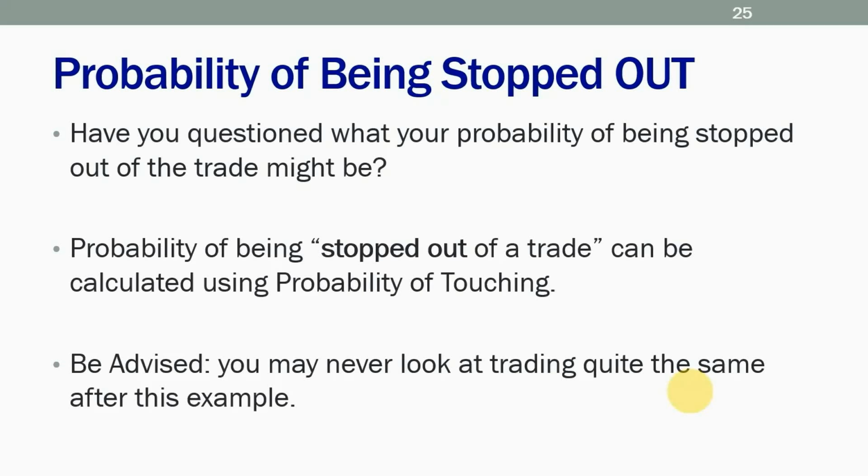But we also have to give you a little background knowledge on the probability of being stopped out. This is something I talk about quite extensively here at TheoTrade, because there are some easy, layup things that you can do in your trading, regardless of strategy, to circumvent being stopped out of a trade. All you have to do is understand a little background knowledge of probability of touching.